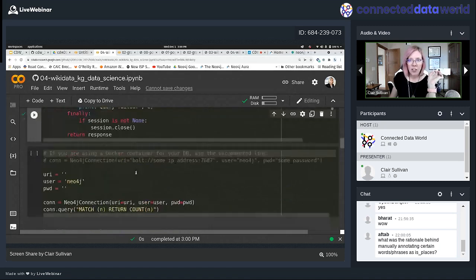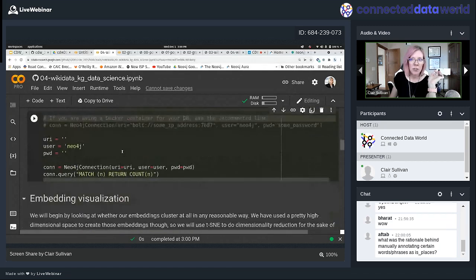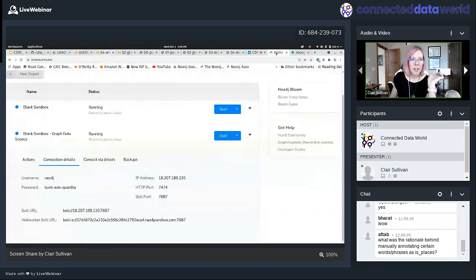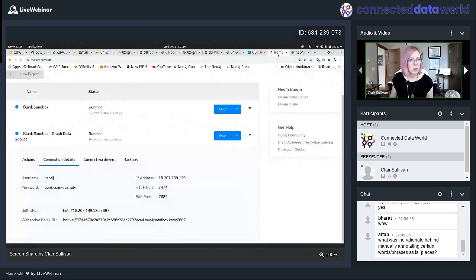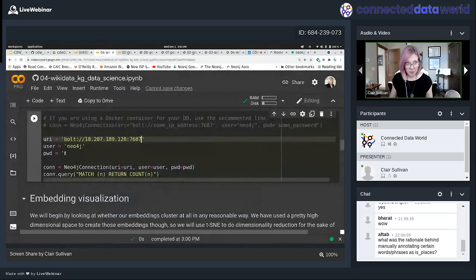Now we need to connect to our database. I'm going to remind you how to do that. We come back here to our Sandbox UI, and I'm going to click on my IP address here, my Bolt URL. Put that in here, and then I'm going to click on my password. Oops, here's my password. One of the things I always do is grab the other Sandbox's password or URL.